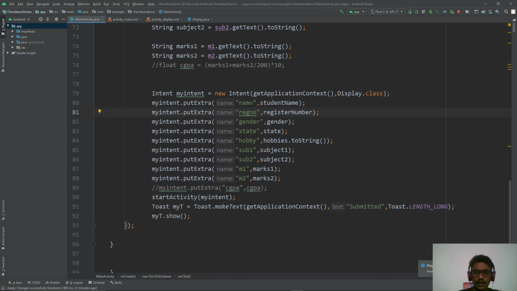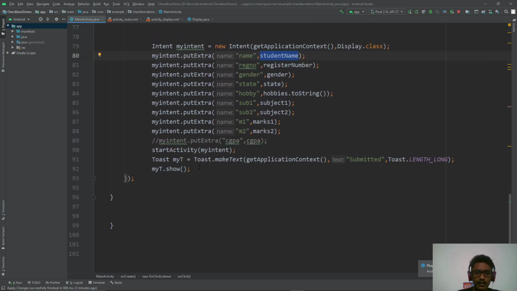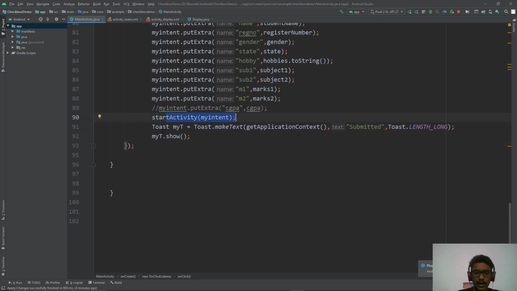This is important because in the next screen you can only derive data using this name, which is the key for the data we're passing in. So we pass in all the data, and finally you can start the next activity using the startActivity method. This myIntent is the variable used over here, and this toast is just to show that the data is submitted. Let's move on to the next screen.